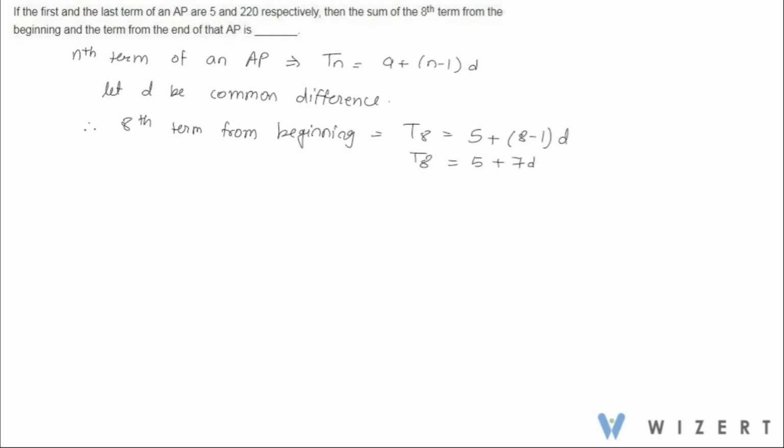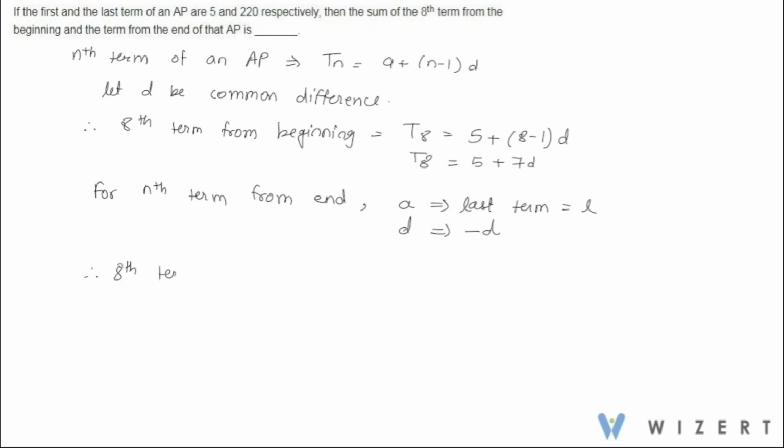Now when we are finding nth term from end of an AP, we have a will be modified as last term, that is L, and d will be modified as minus d, because this time we are looking from end of the AP. So we have 8th term, so therefore